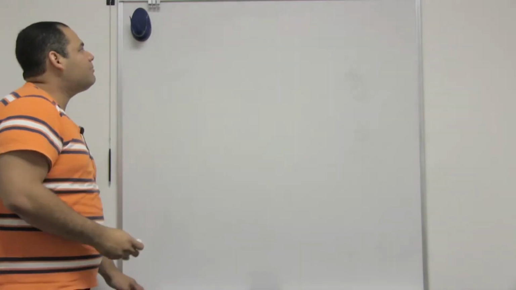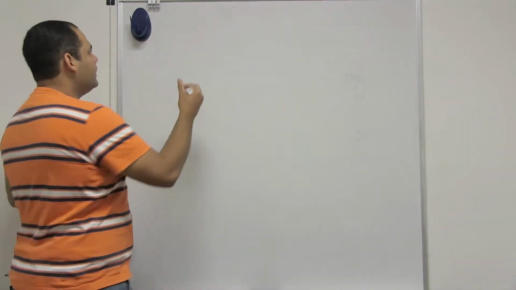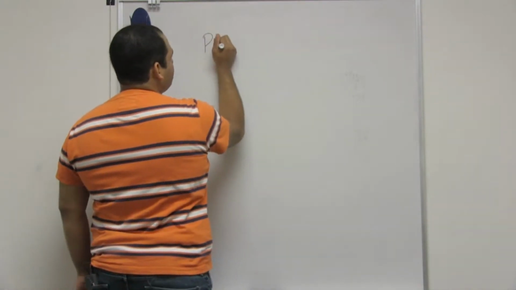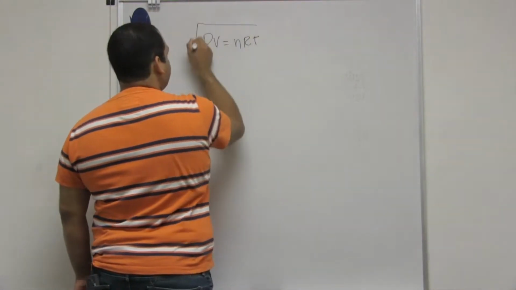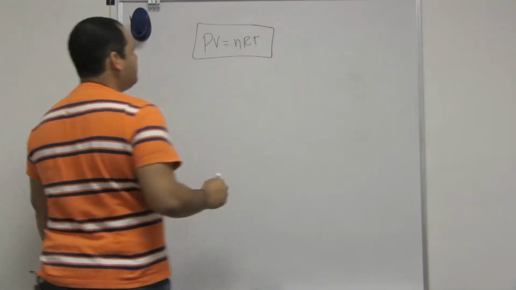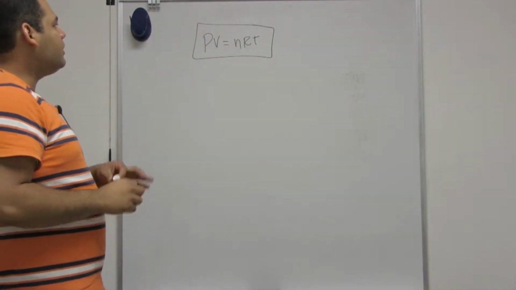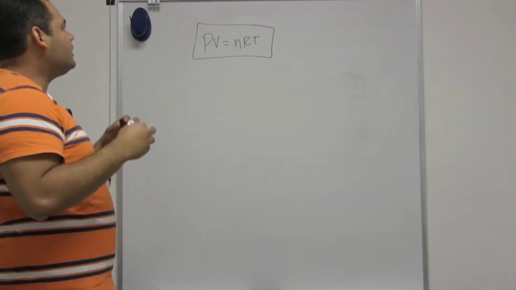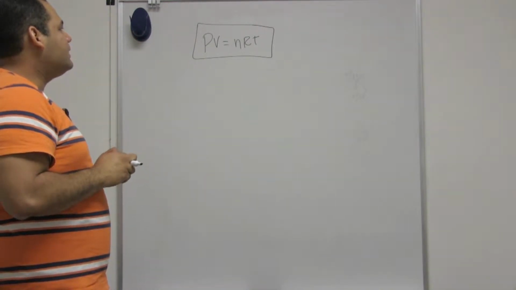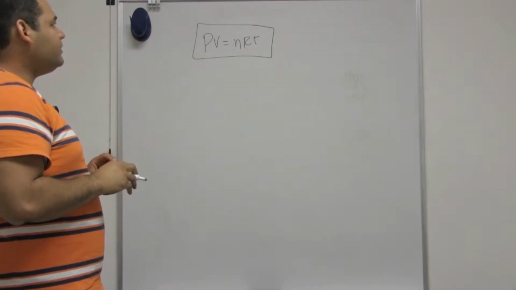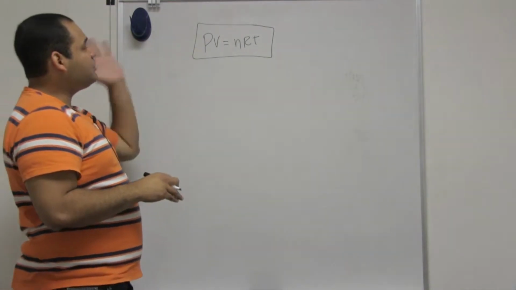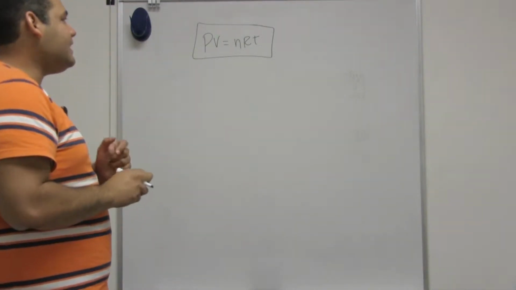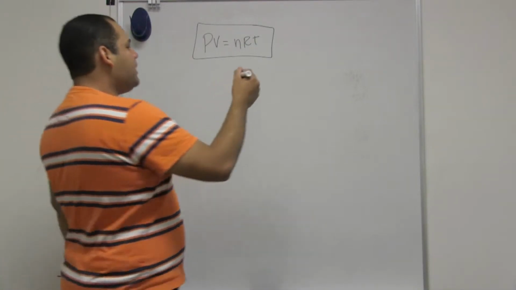So we're going to talk a little bit about the ideal gas law. We need to remember that the ideal gas law is the combination of all the laws we had in the previous video. So it's a combination of Boyle's law, Charles's, Gay-Lussac's, and Avogadro's. When we combine all that, we derive this formula, PV equals nRT, where P is equal to